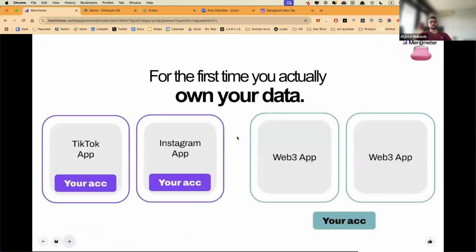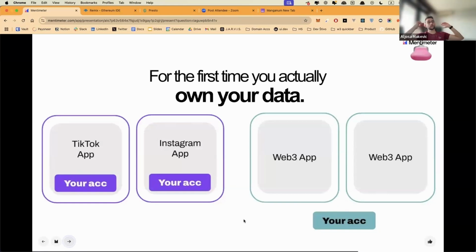And what's also different is that I can make an account on Instagram and I can get blocked, or my account can get deleted and I lose all of my data there because it was never mine to begin with, right? But it's different in Web3 because I have my account that exists independently of any app. It exists on the whole network.